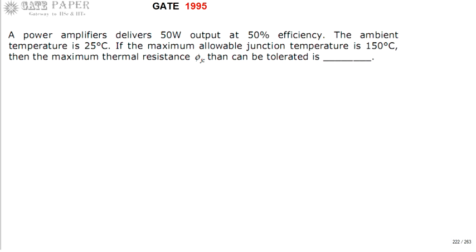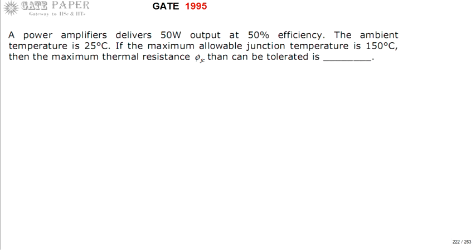Before calculating thermal resistance, we'll discuss some theory related to power amplifiers and the thermal resistance relation. The function of a power amplifier is to convert input DC power into output AC power. While converting, some of the power is lost. That's why the efficiency, which is the ratio of output AC power to input DC power, is always less than 100%. Whatever loss takes place in conversion is always dissipated in the transistor, across the junctions.